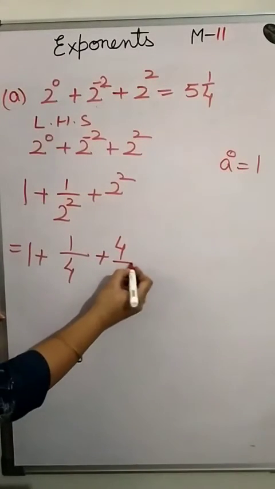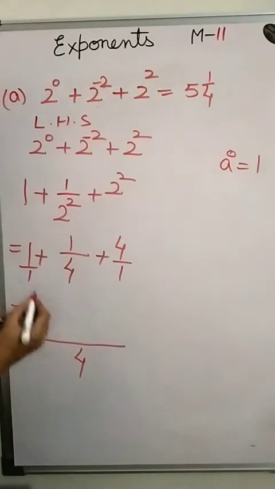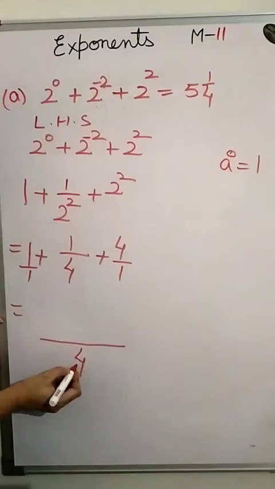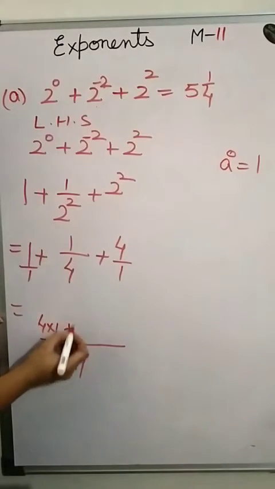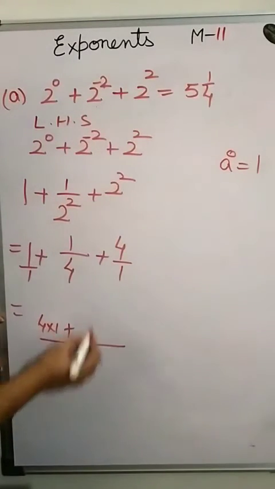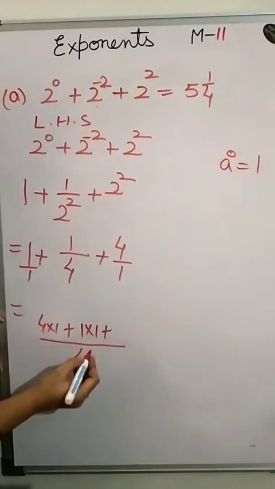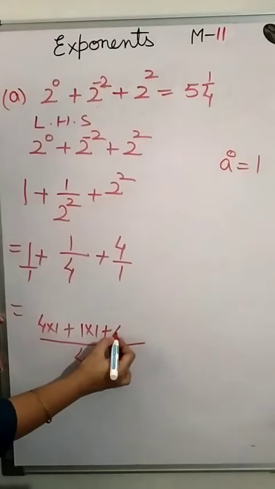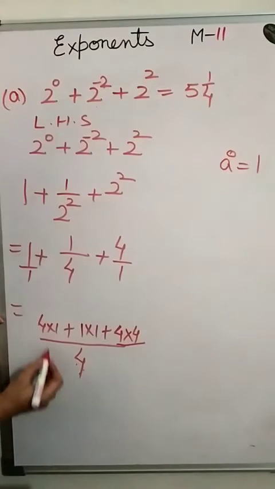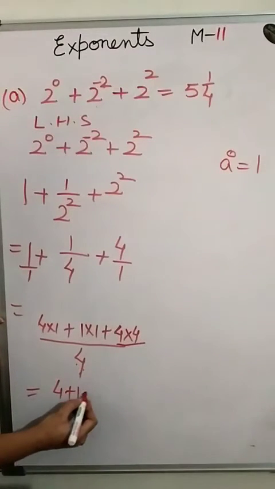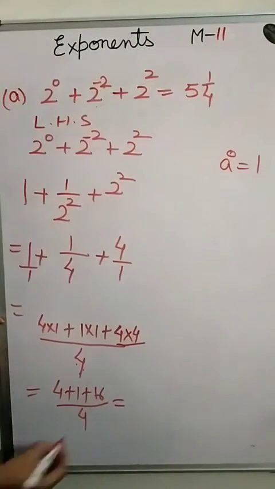Now what we do here? We take the LCM of these numbers. So it is 4. So it is equivalent to, when we divide 4 by 1, it is equivalent to 4 and 4 into 1. It is 4 into 1 plus 4 divided by 4, then it is equivalent to 1. So 1 into 1 plus when we divide 4 by 1, then it is equivalent to 4. So it is 4 into 4. The answer is 4 into 4 plus 1 plus 16 upon 4 and it is 21.